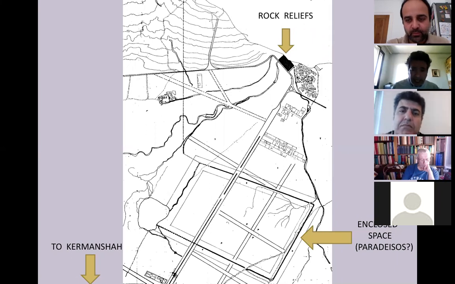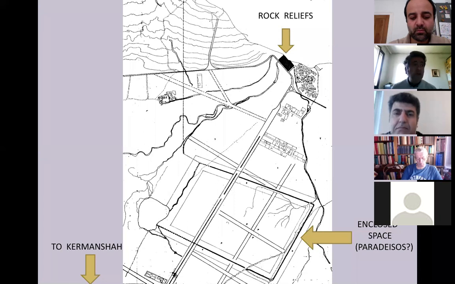According to some archaeologists, this was a kind of paradisos, which is practically a Bhagastana, a place of gods, which means practically a park where only the king was allowed to hunt animals. We think that this identification of this place just before the rock reliefs is correct, because in the rock reliefs themselves, hunting is a very important element, actually, repeated more times.